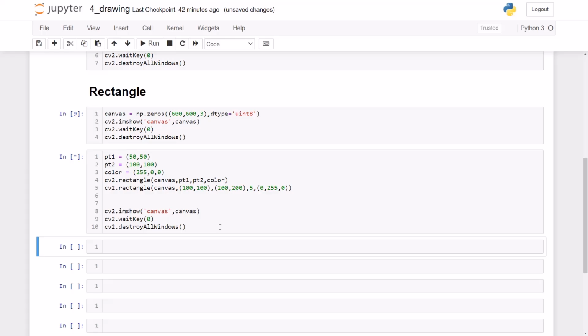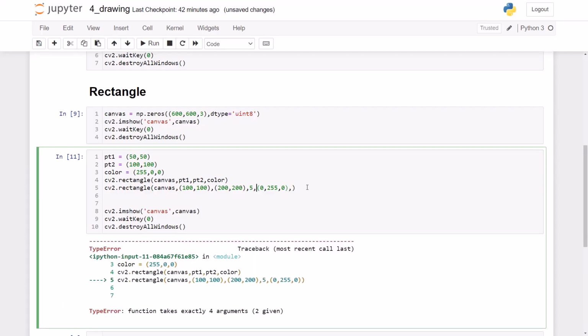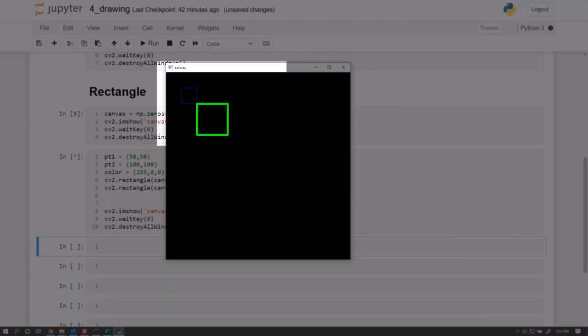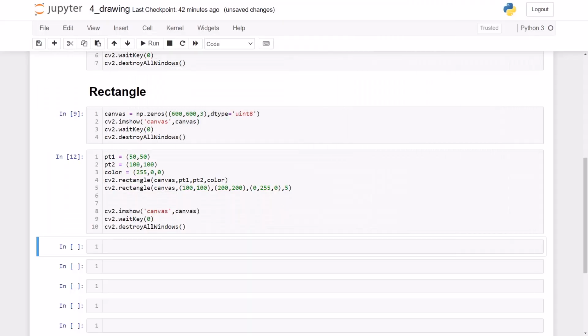Okay, so let us execute this. Oh, I'm sorry. So basically first is color, followed by thickness. Now execute it. Here you go. This is the blue one, and this is my green rectangle box. And this time I'll draw one more rectangle box, and here basically I'll fill it. Basically I'll try to fill my rectangle box. So let me do the same